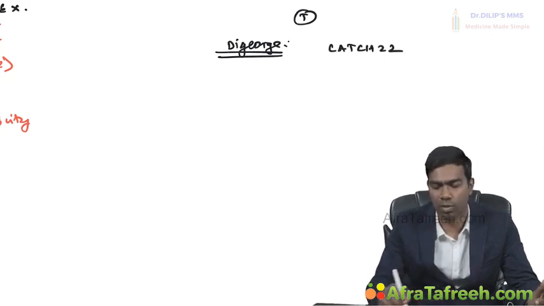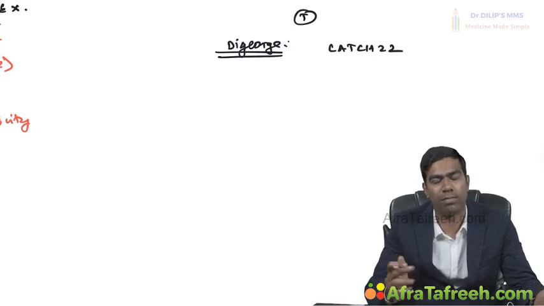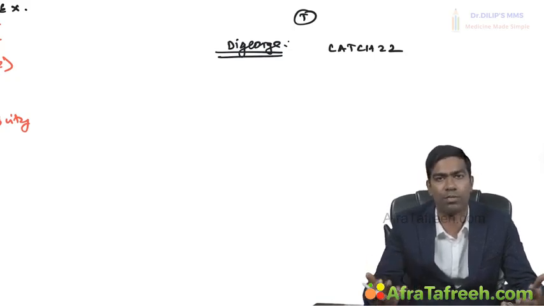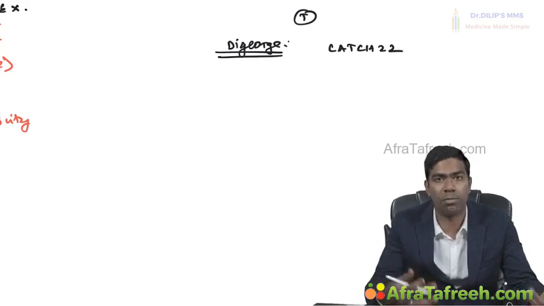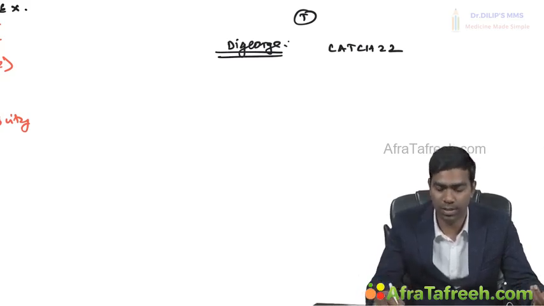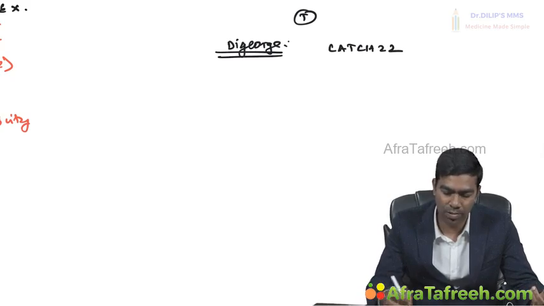This is a very famous mnemonic. This is not my mnemonic. It's from when I was preparing for MLA and preparing for my entrance. From that time, you have this Catch-22 mnemonic. Even before that, my seniors also taught me. So what do you mean by Catch-22? So C stands for cardiac anomalies,